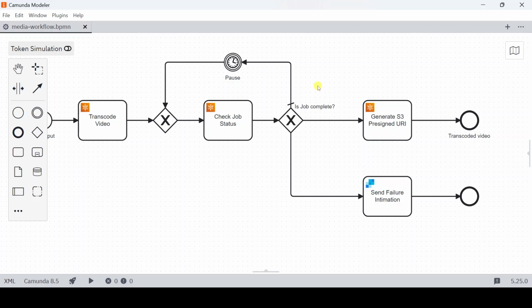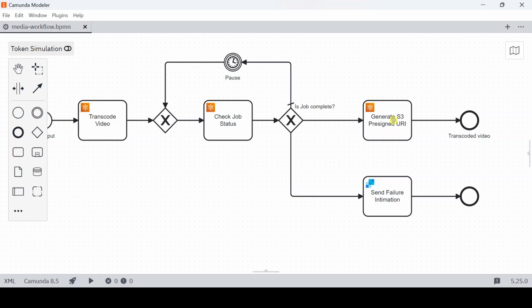So these are some standard statuses that are part of this AWS status enum. So we have configured that in this default flow. Once this job status is success, it will take this path where it is going to generate our S3 pre-signed URI, which is an HTTPS URL, which we can directly go and paste in the browser in order to access the video. By default, I have configured this pre-signed URL to be valid for 10 minutes actually,